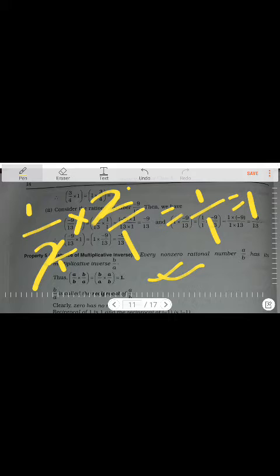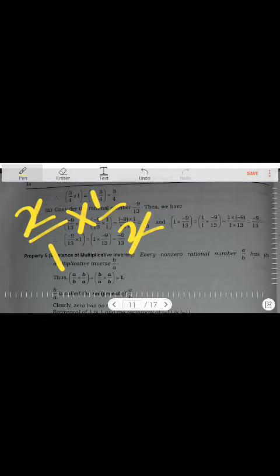Okay, in the same way, what will we do? I had done 1 by 2 into 2 by 1. Now the opposite, I had done 2 by 1 into 1 by 2. In this also the same case will happen. This will be cancelled. 1 will be there, 1 will be there. 1 into 1 is 1. Below, 1 into 1 is 1. So 1 by 1 is 1 only. I hope you all are understanding it.